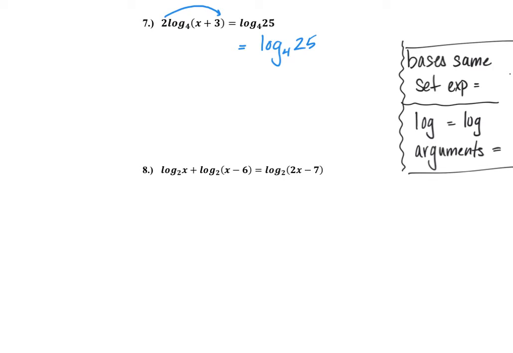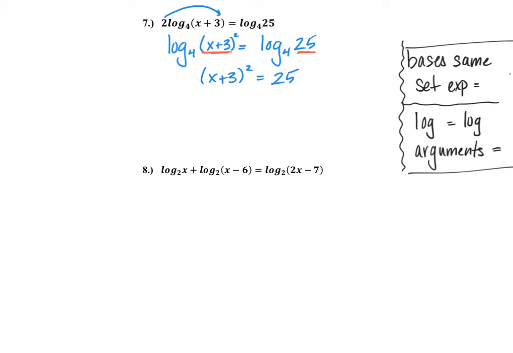So again, when we were working with our log properties in the last unit, your single log had to be one large argument with possibly products and quotients and powers, but no leading coefficient. All right, so I have log base 4 equals log base 4. For these expressions to be equal, it would only make sense that this has to equal 25 for the left and the right to be equal. So let's do that. I'm going to set the binomial x plus 3 squared equals 25,